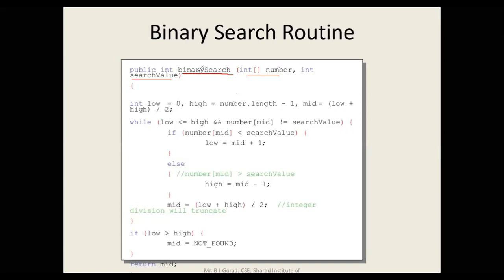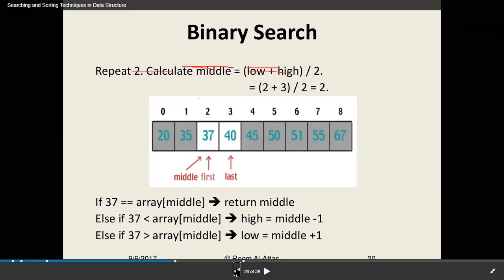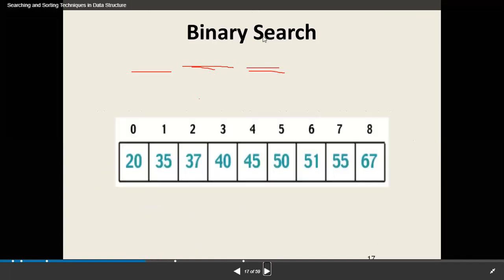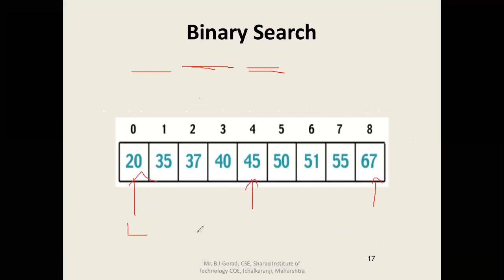Okay, so initially we declare the function, we take the whole array and the search value. Now what do this low, high and mid mean? Whenever we started with this array and were trying to find 35, initially this one is low, this one is high, and this one is middle. So low, middle, and high. So when we compare and discard this part of the array, this one becomes high, this one becomes mid, and this one becomes low, and it keeps going on like this. So let me explain in the next video.